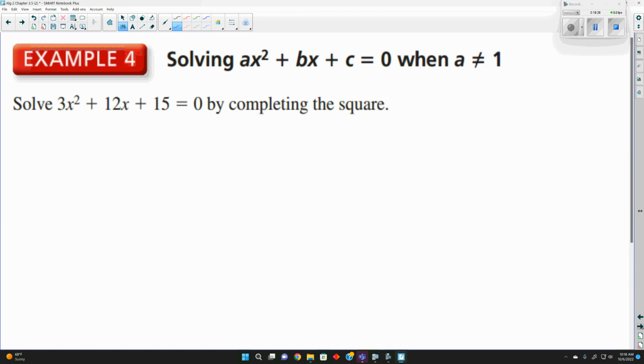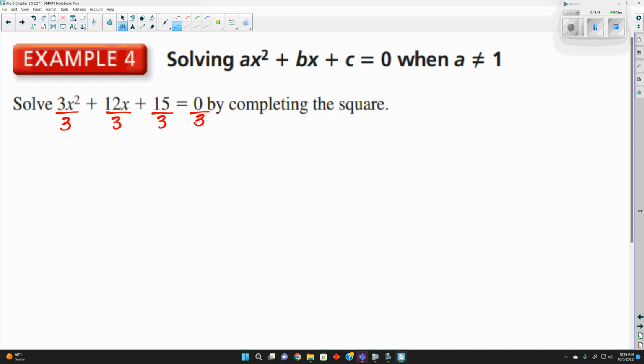So first step is a equal to 1. We're good there, so we can move on to step 2, right? Okay. So is a equal to 1? No. If not, make it so. We need to make it be 1. We have to divide